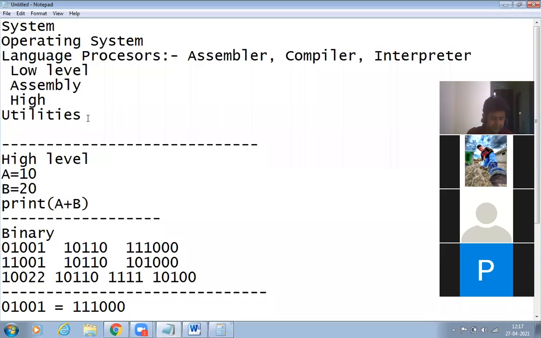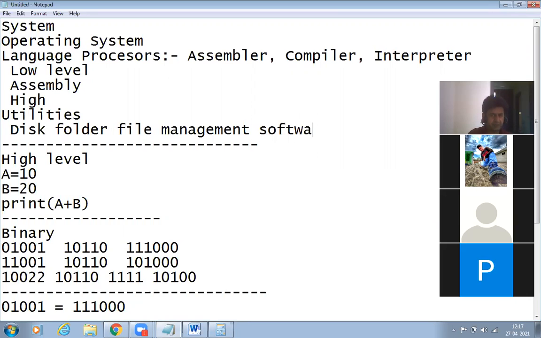These are disk, folder, and file management software. By using this type of utility, we can control disk, folder, or file management.